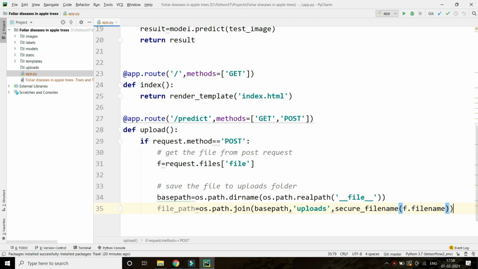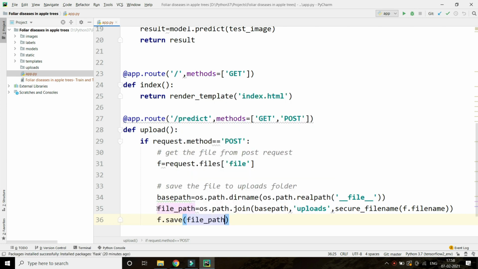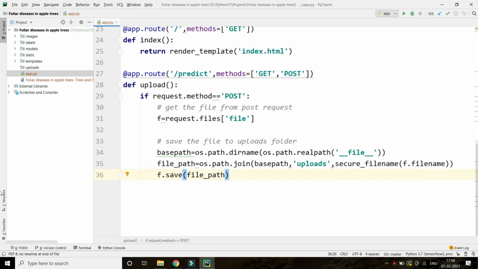One more bracket, and now f.save in that file path. Save it. That's all.